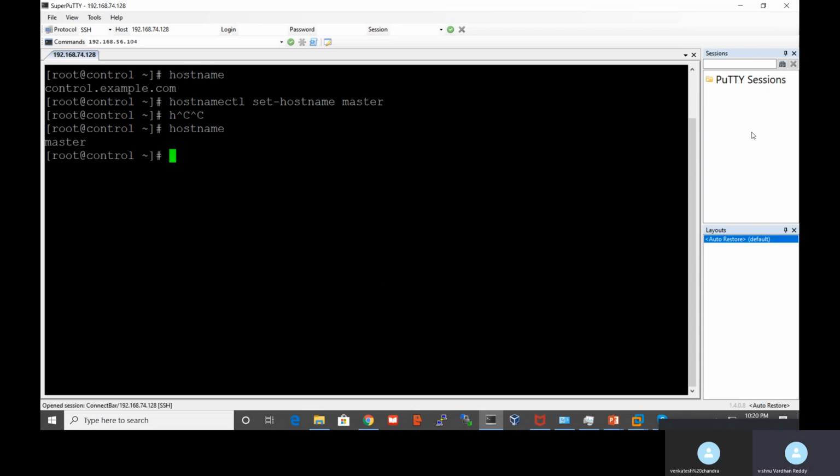See, the hostname was changed to master. Let me check cat /etc/hostname. So it was changed in the configuration file.